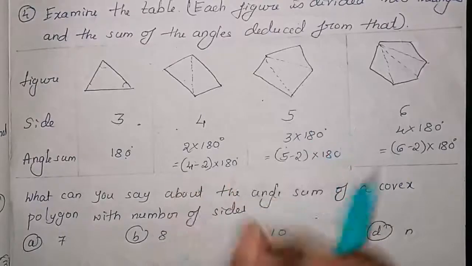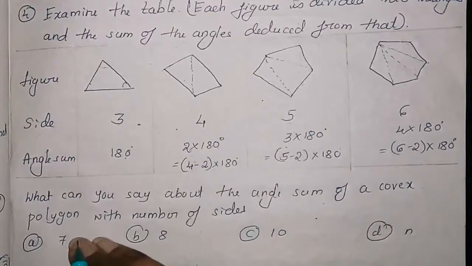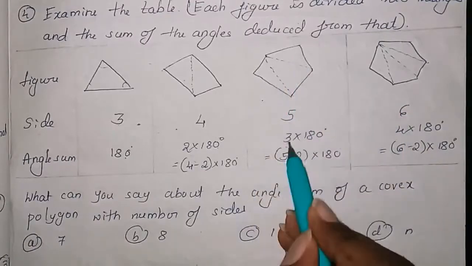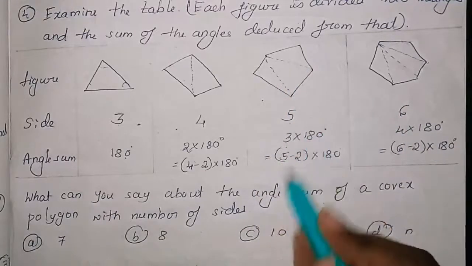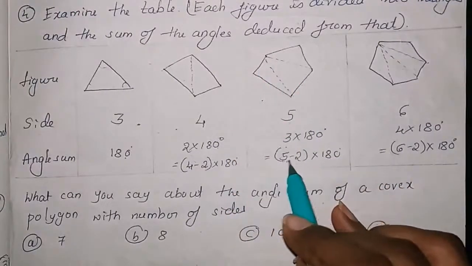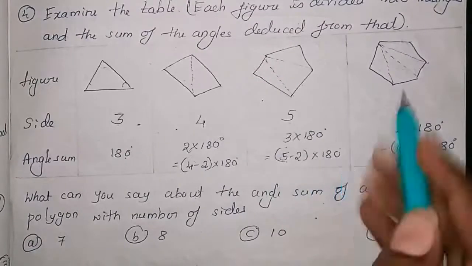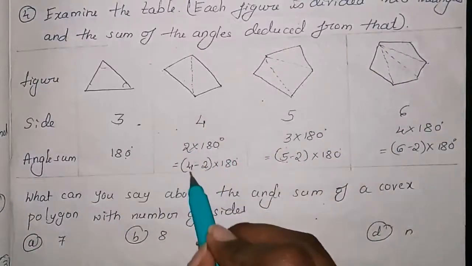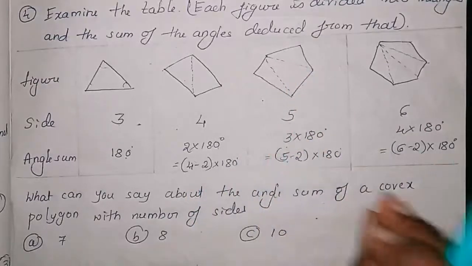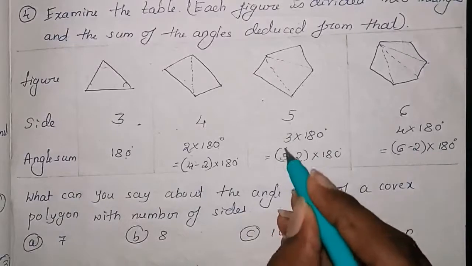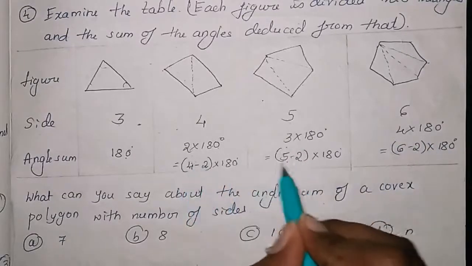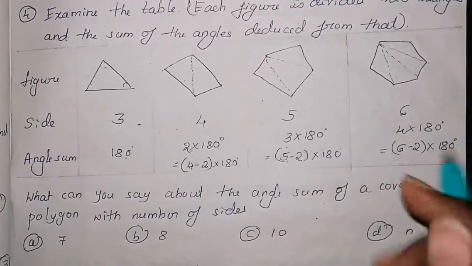They have given some assumptions that we have to consider, and on the basis of that we have to solve the problem. Here you observe there are 3 triangles, so 3 into 180 degrees. Again, how many sides? 1, 2, 3, 4, 5. 5 sides minus 2 into 180 degrees. So compare one by one. Here 4 sides minus 2, 5 sides minus 2. That means the 2 remains the same every time, but only the sides are changing. The 180 is similar here also. The sides are changing.